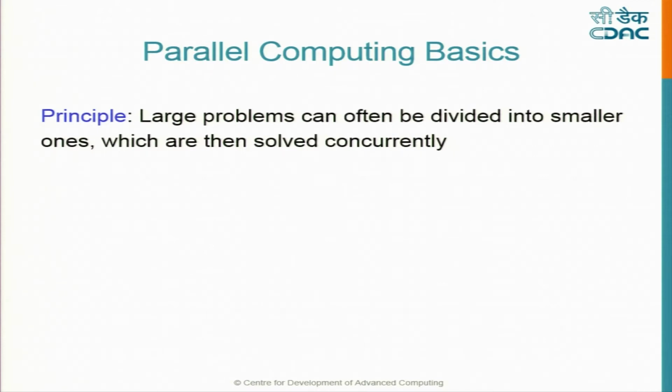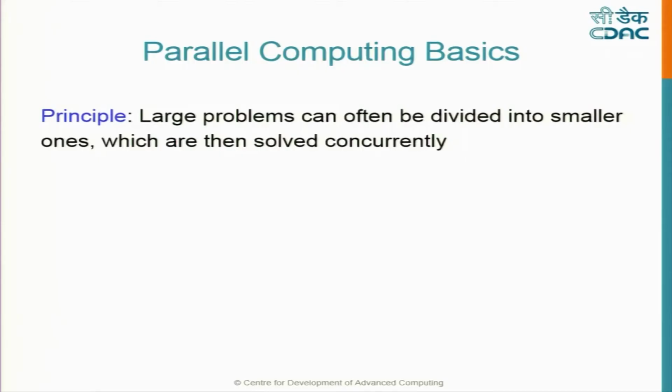A large problem can be solved on any computing system. But sometimes you face a problem that it takes time, and you can't afford to give that much time. A classic example could be a weather forecasting code. Any computer, even a desktop, can run it, because after all it's a code. You want to predict tomorrow's weather. Suppose you start it now, and you get the result, which is accurate, but you get it tomorrow evening. That's of no use. You want it today evening, so that you can tell that the weather is going to be like this tomorrow, and if there is anything to be taken care of, you can take care of it well in time.